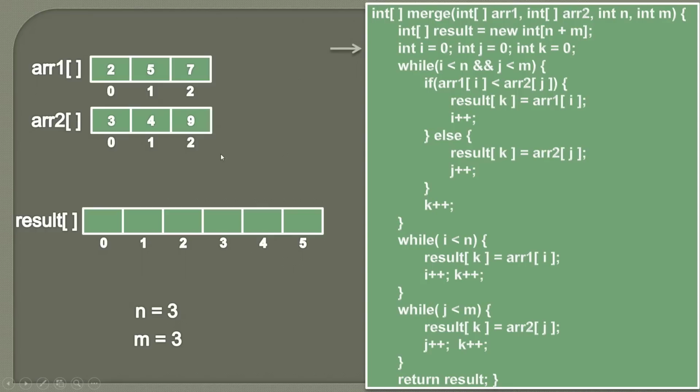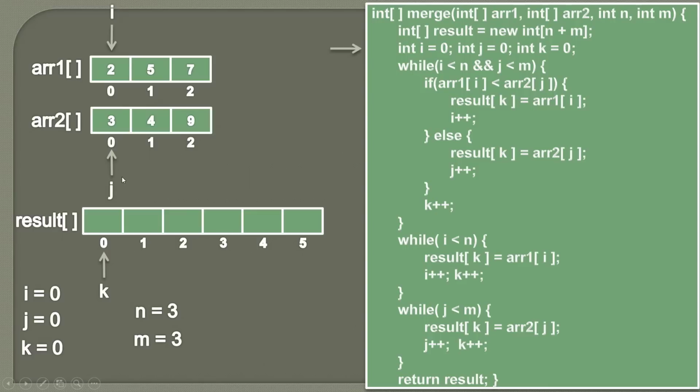and as we discussed in our last video, the idea behind this algorithm is we create 3 pointers i, j and k. We'll initialize them with the value 0. Now what are these pointers? The pointer i will traverse array 1 starting from the 0th index, so we have provided value 0. Pointer j will traverse array 2 starting from the 0th index, and pointer k will traverse the result array starting from the 0th index.